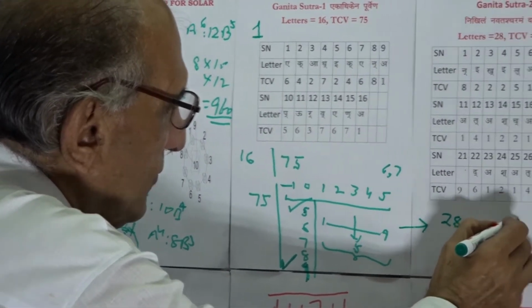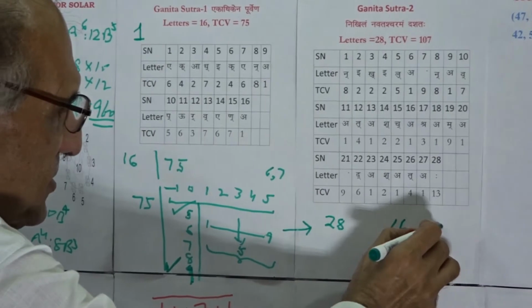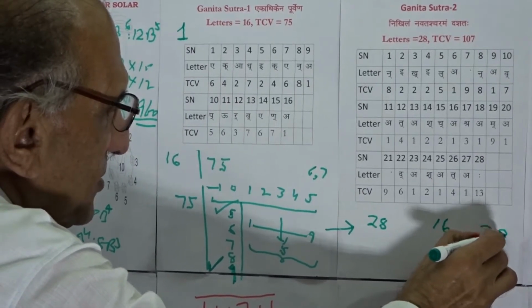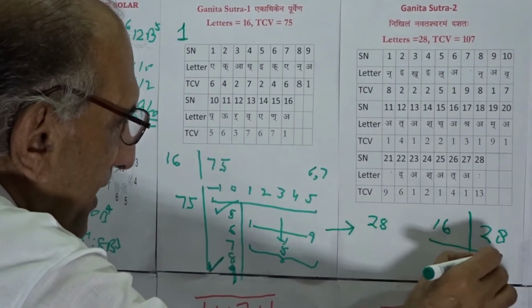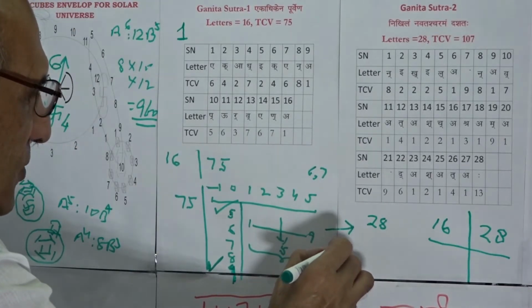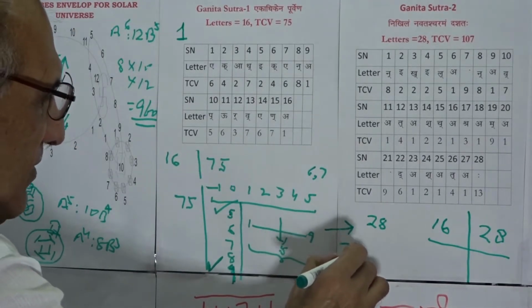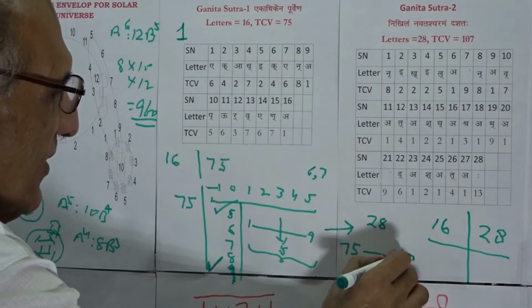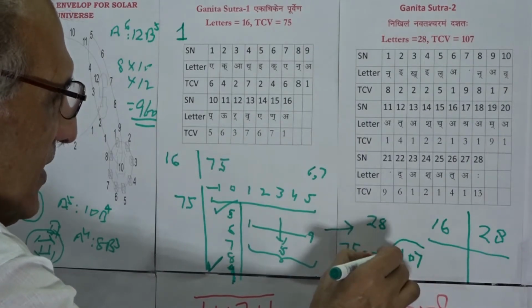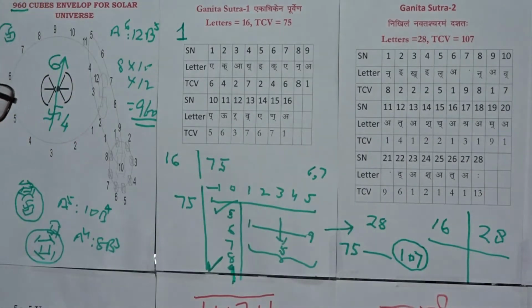Therefore, we have to reach from letter 16 to letter 28. And the second step is we have to reach from 75 to 107. Once we reach 107, that means we are